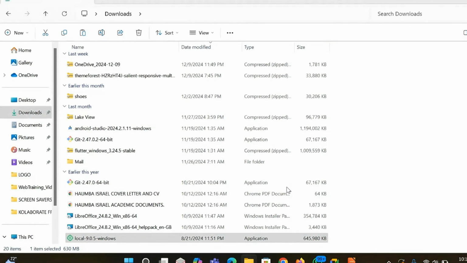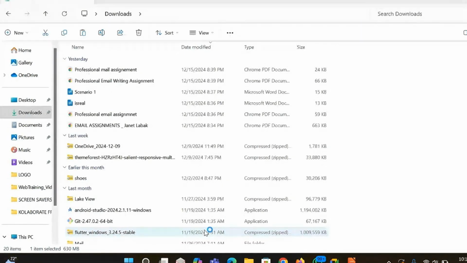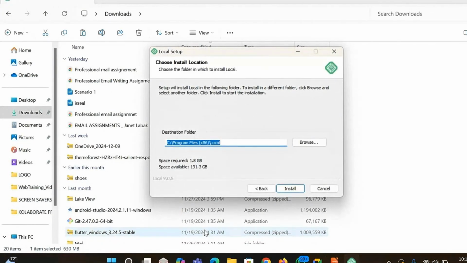The changes it's going to make are to create an environment that enables my computer to develop a website. That's why it asks for this. You see the details, the origin, and all that. Then you click yes. If you click no, then Local will not be installed.